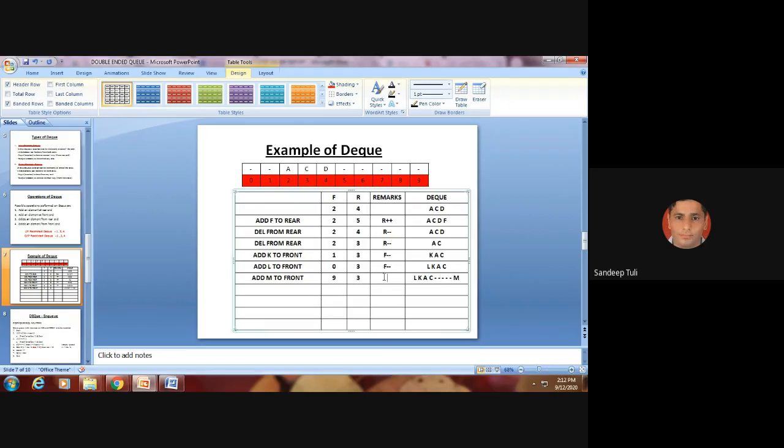Any question now? Sir, you gave the condition from the front, that add M to front. Yes, front. So in circular queue, suppose front is 0, then what will you do? Front cannot be more than rear in circular case. It can be, sir. So cannot it be 9 or 3? Yes, sir, it is possible.